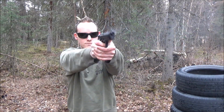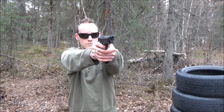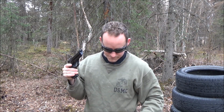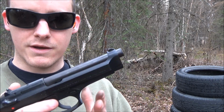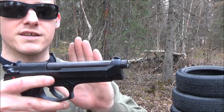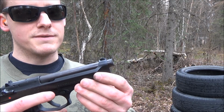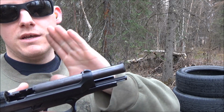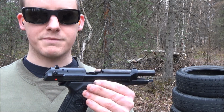Last mag. Alright, so that's it. This barrel's pretty hot. Now remember that this thing is contacting the barrel and it's basically like a saddle, so of course I'm going to show you that, but it's making contact with the barrel the whole time, so it's kind of riding it a bit. So I noticed that the sensation of it dampening the recoil kind of went down with shooting it